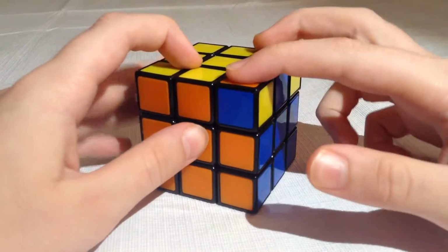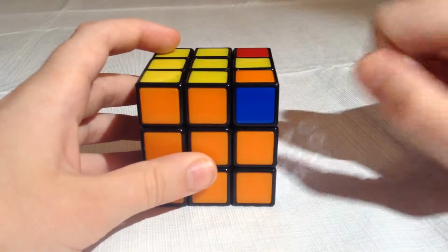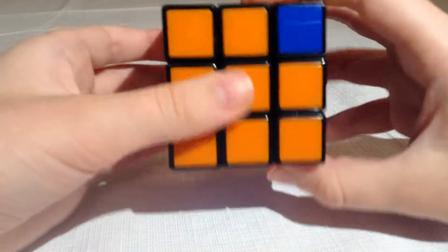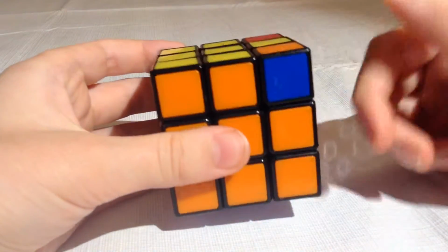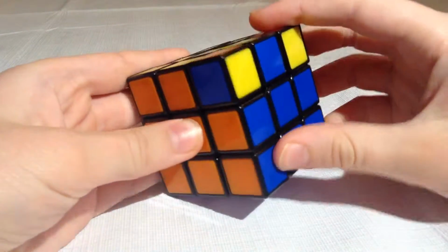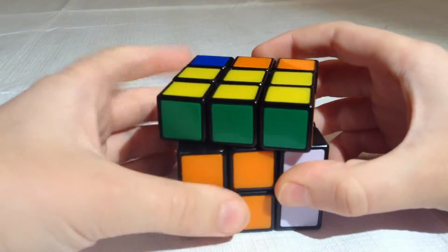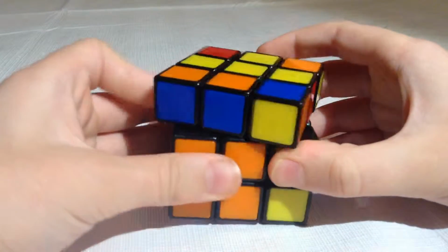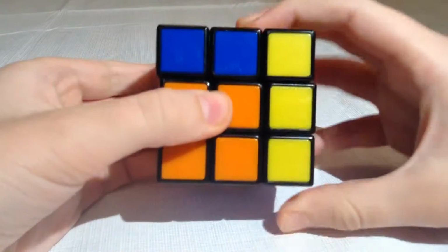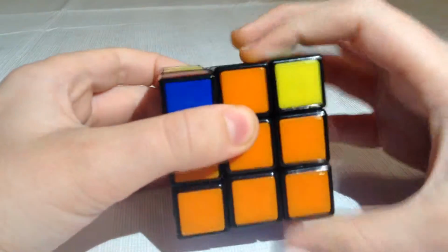But once you have it like this, you do the algorithm again when the two of them are on the right side, and you do the algorithm one more time. Sometimes it doesn't work, so you have to do it twice, but in this case, I don't think it will. Right up, top right twice, right down, top right once, right up, top right once, and then right down,